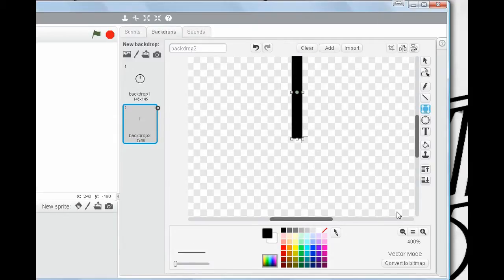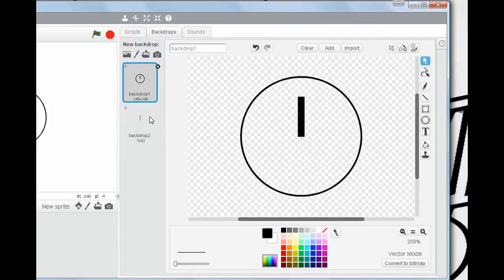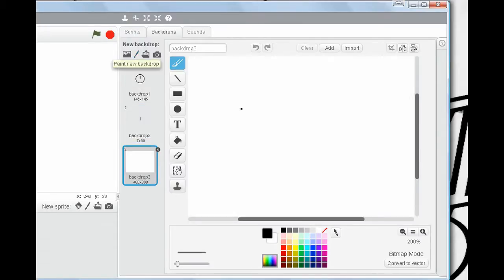And minute hand. Now this one would be a little bit too tall for the clock, so we're going to have to shorten that one. Perfect. It's a good minute hand. And then